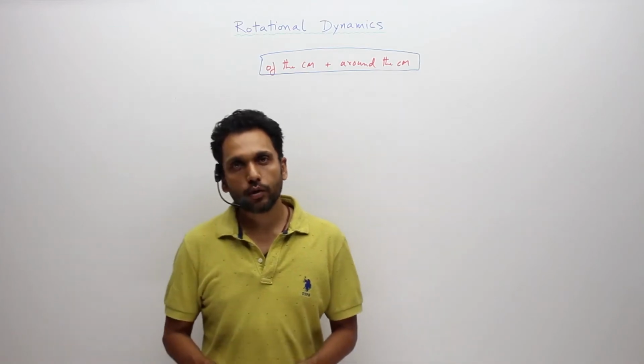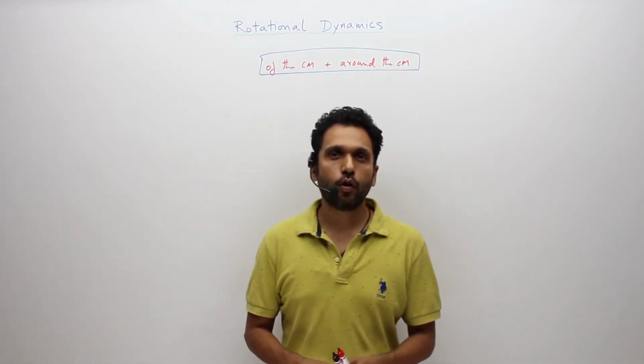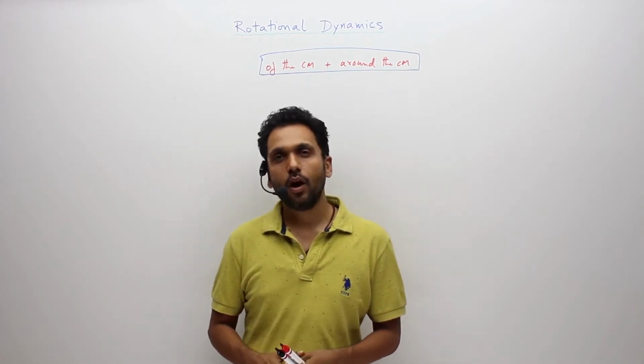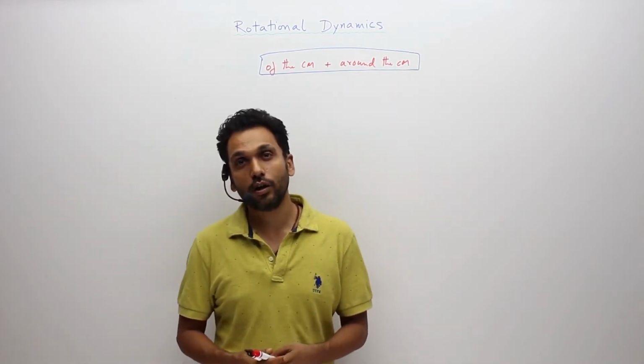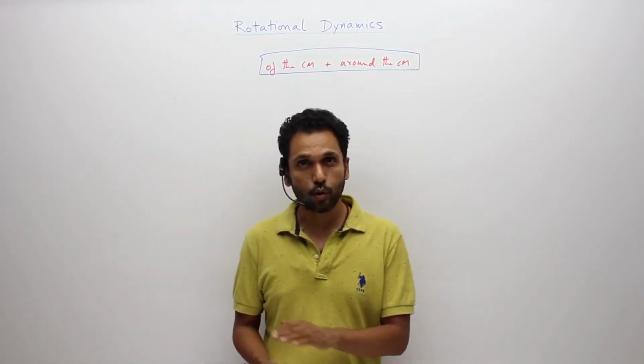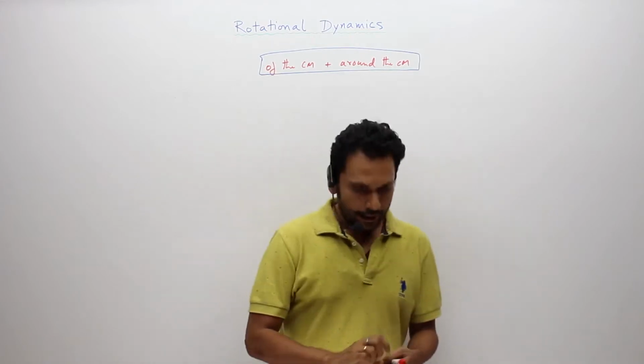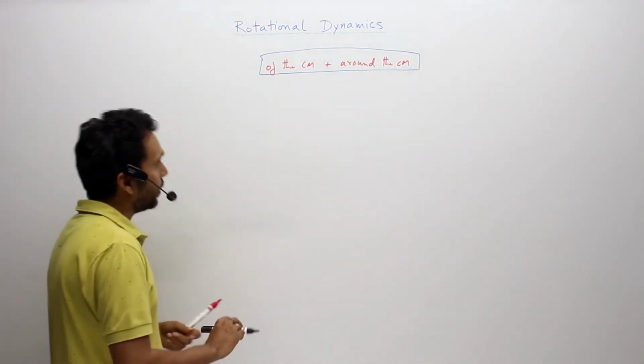Now, to be able to solve questions in this chapter, we should be very sure of how to get the energy of a body, or say angular momentum of the body, or the direction of friction on a rolling body. So these aspects, we'll just go through them one by one before we start solving questions. Now, the first one being finding the energy of a body.